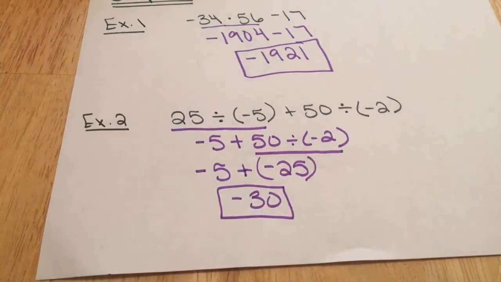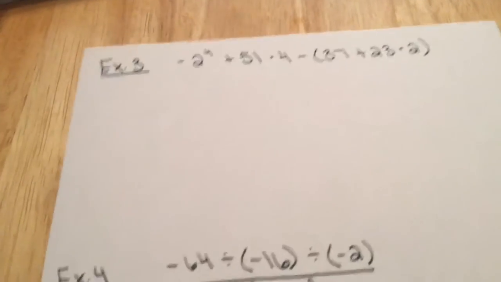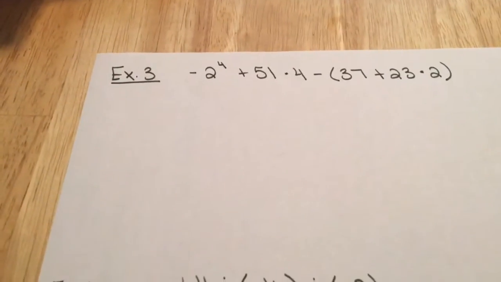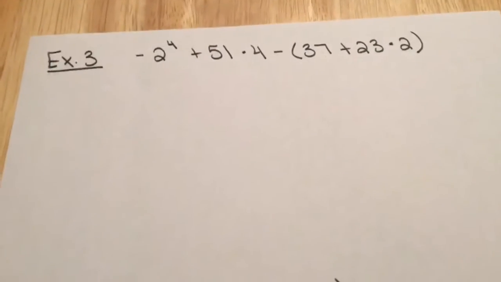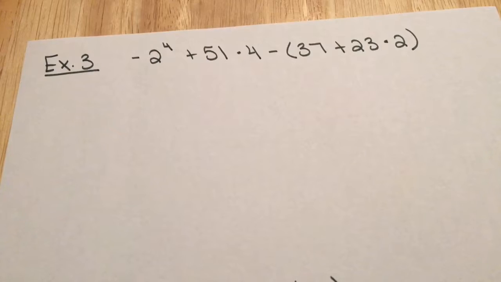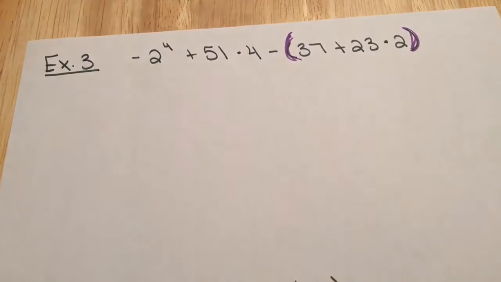All right, let's look at our next 2 examples. These guys are going to be a little monstrous. So, example 3. Yikes, there's a lot of operations here, but we can manage. We know what to do. We have the order. So, our first step was to do all calculations within grouping symbols. We notice that we have our parentheses right here, so we're going to go ahead and do every operation that we